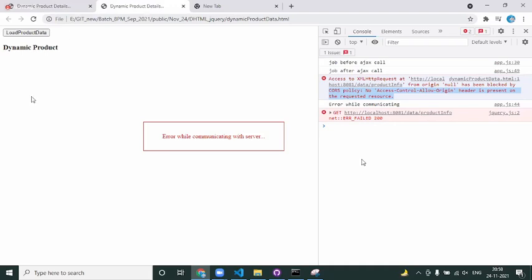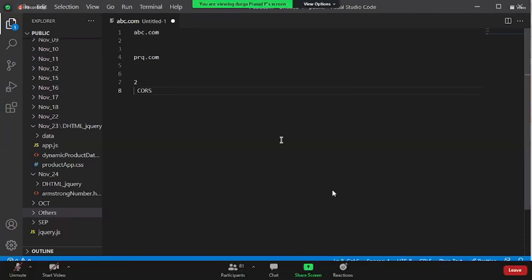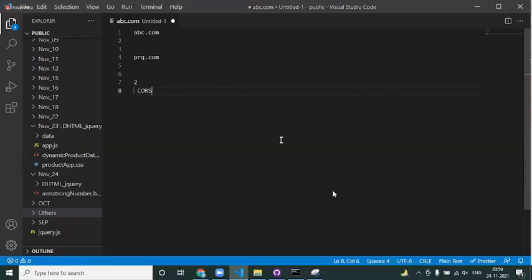Okay. So in order to do this, we have two options to make the CORS setup, CORS communication, cross origin resource sharing, possible between the cross domains. You want to share the resources. There are two ways here.